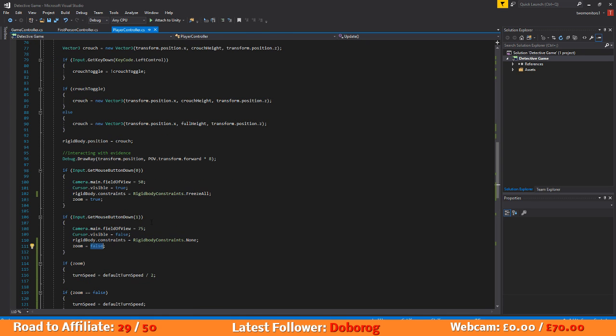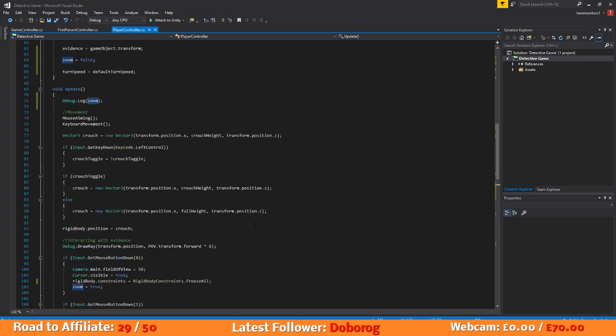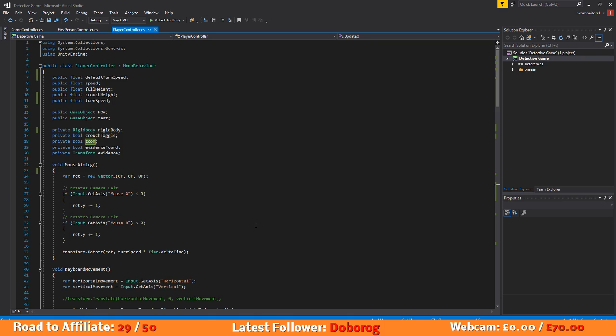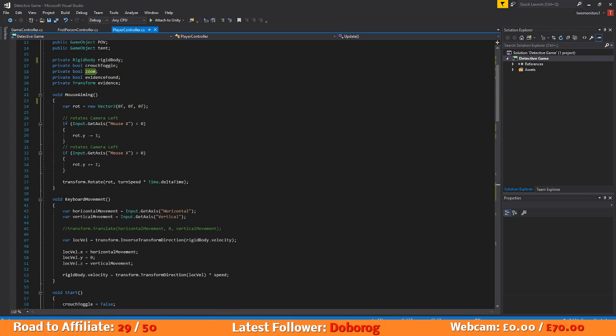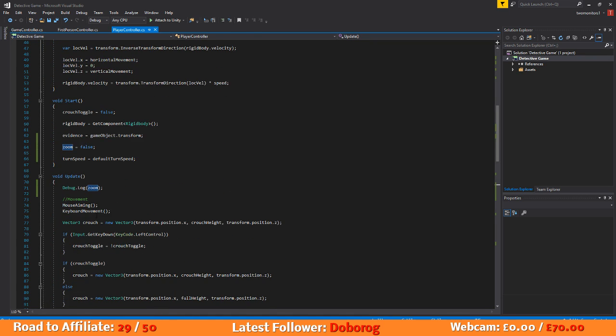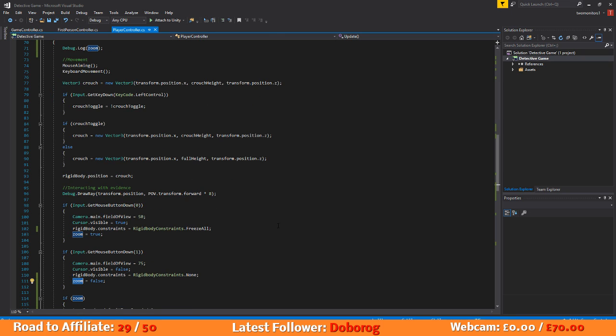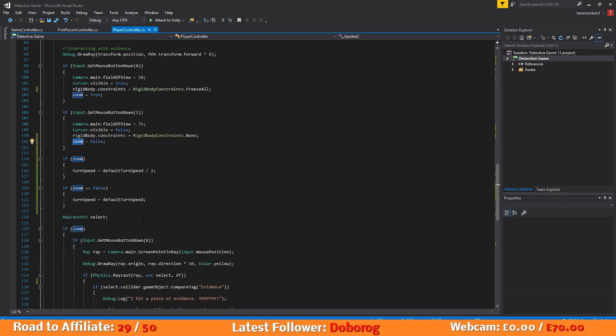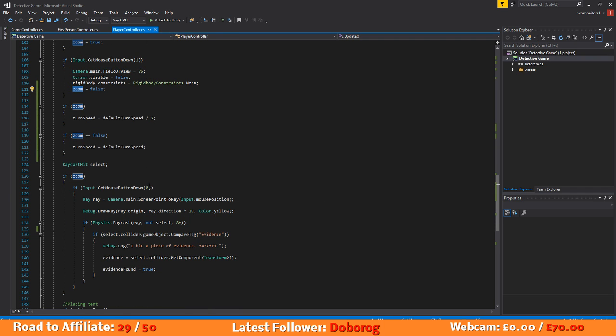Okay, so zoom. A start zoom is set to false. If you click the left mouse button, it sets it to true. If you right click it, it sets it to false. If zoom is true,